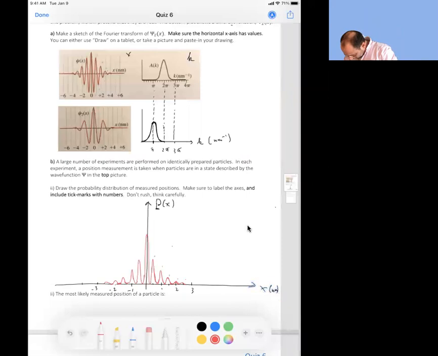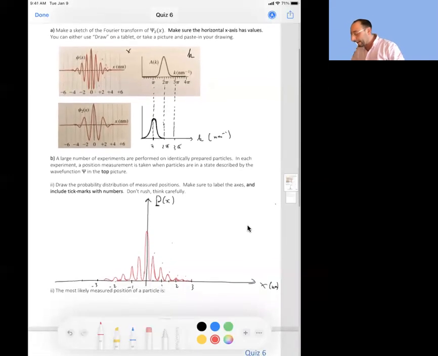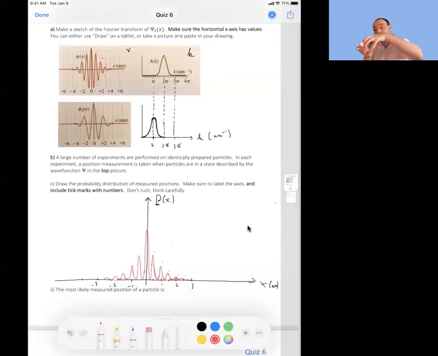Okay, so there will be 6, and so on. Well, it's not a very good drawing, but really the number of peaks should be about the same. When you square something, it distorts. Something that's bigger than 1 is increased, something that's smaller than 1 is suppressed. But the point is, the probability distribution